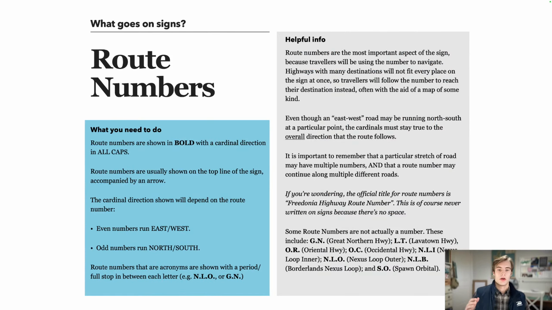Route numbers are really the backbone of the system. There are a lot of roads on Minecraft Online. There are a lot of roads in Fredonia. Take, for example, Highway 101. That is a really long road and it has many destinations, but signs can only fit 3 destinations at a time. So if you know that your destination is along 101, if you look at our handy dandy map here, which I'll show you properly in a minute,